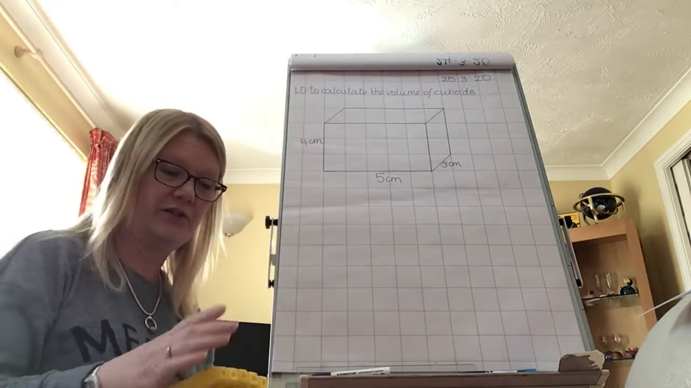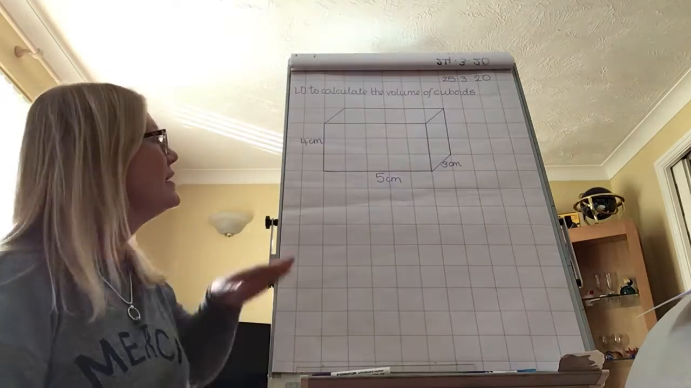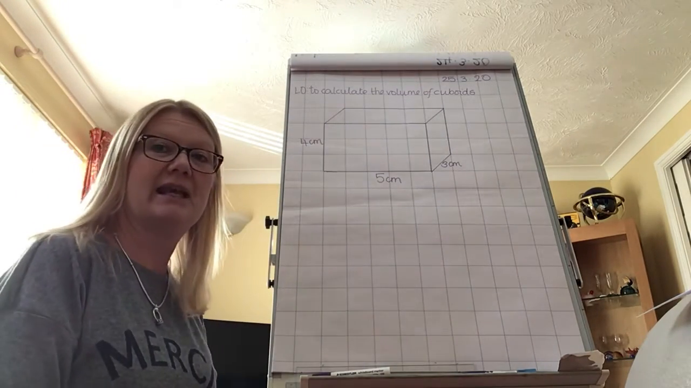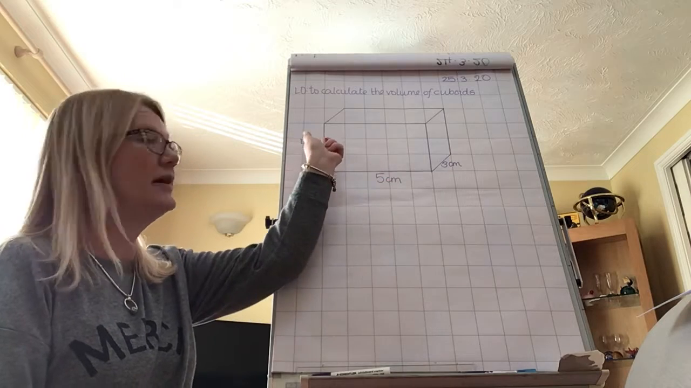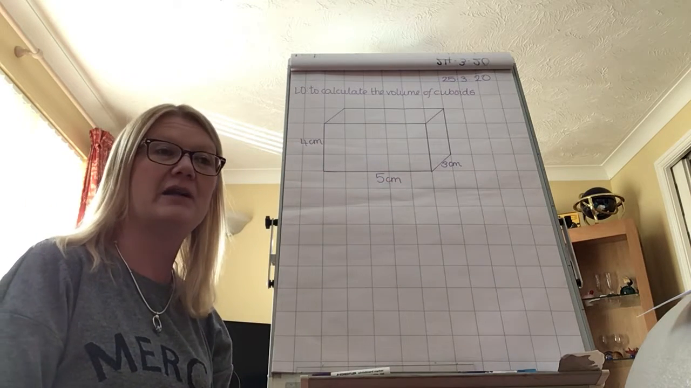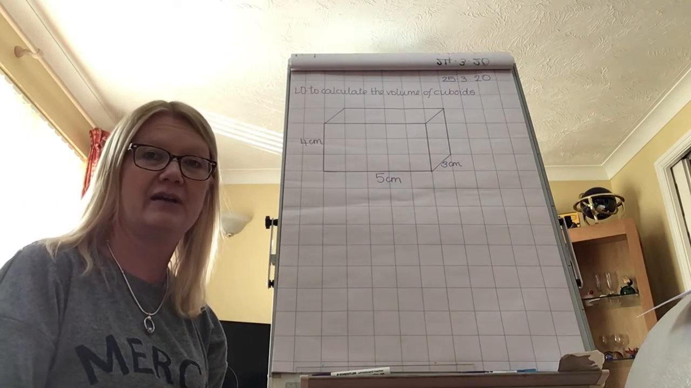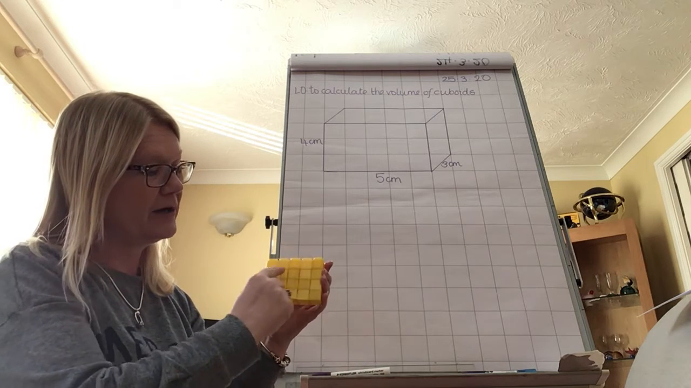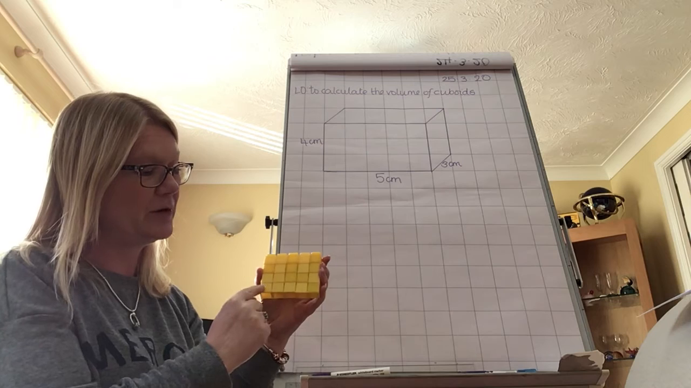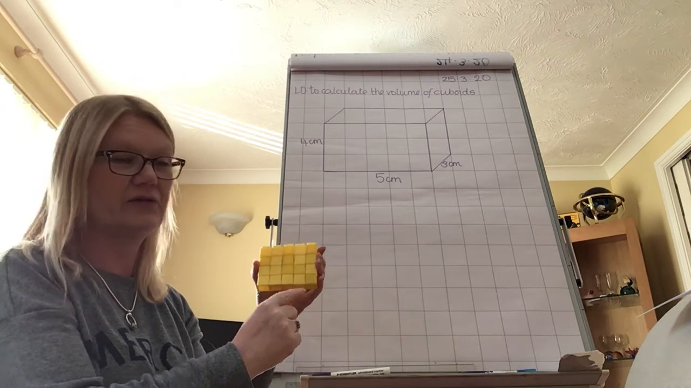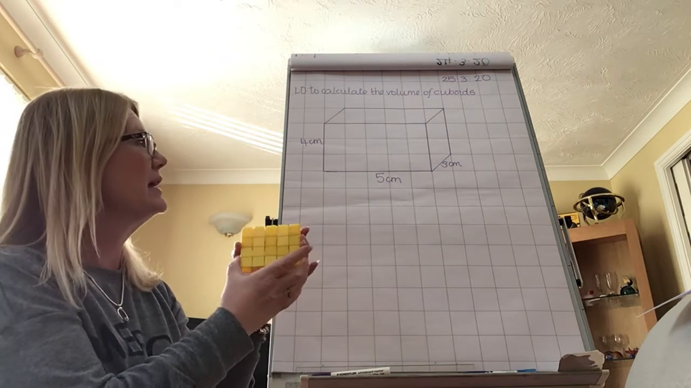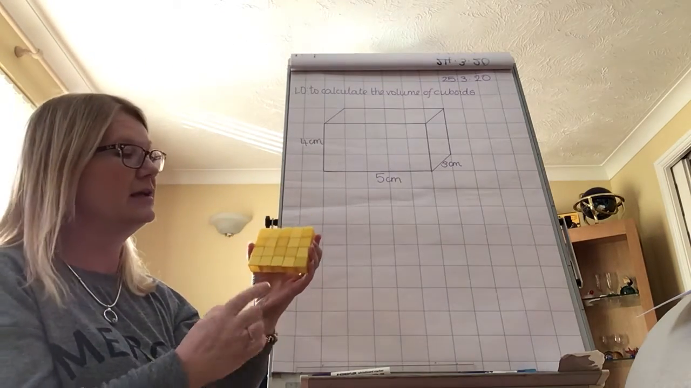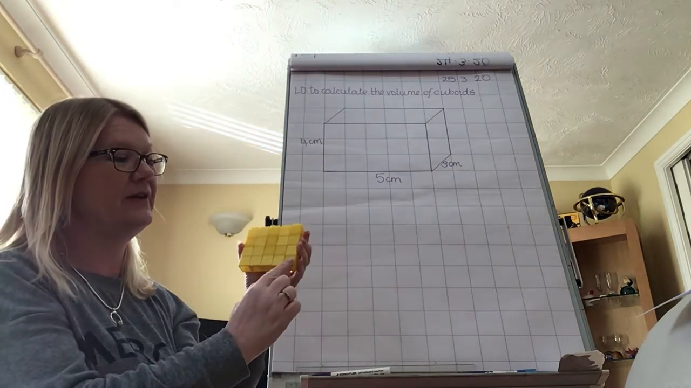Everything's falling on the floor, just ignore the crashes. Right, so let's look at the front of this cuboid. We can see that it's 5 centimetres by 4 centimetres. And we know that we can work out the area of that because we have got 4 rows and each one has got 5 across. So if we were just working out the area of that front bit, it would be 4 lots of 5,